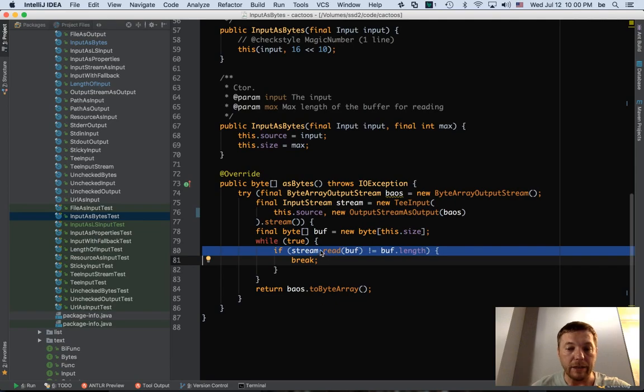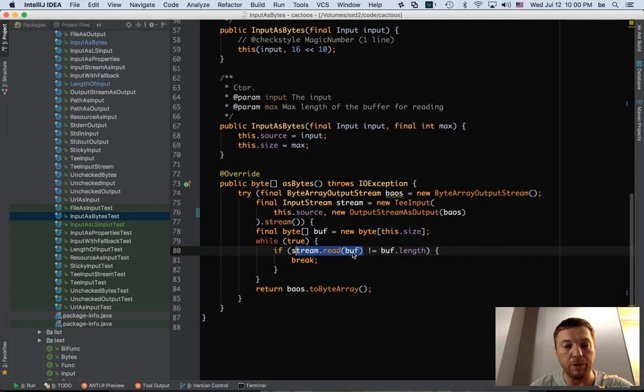When I give the buffer to the input stream and ask it to read and put the data into the buffer, it's not necessarily true that the input stream will fill the entire buffer and then stop reading. In some cases, the input stream will actually stop reading before the buffer is full. That's how it's designed. I don't know why, but that's most probably the internal design of some input streams. But that's definitely not a guarantee. That's what I figured. So this thing is not correct.